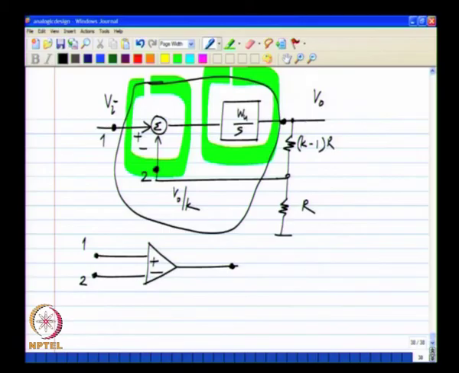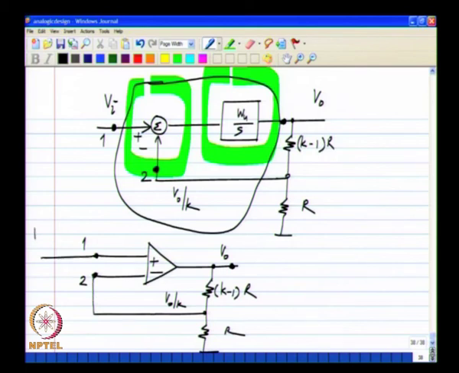So, using this op amp we can make the negative feedback amplifier, and it is very easy. I simply reproduce what I have on the upper schematic to the lower one. So, I have a resistive divider, K minus 1 R and R. If this is V naught, this gives me V naught divided by K, and then I apply it to the appropriate input of the op amp, and I apply the input voltage here. So, this is my basic negative feedback amplifier using op amps, and it is nothing but the realization of the negative feedback amplifier that we have been discussing so far, and this is known as the classical